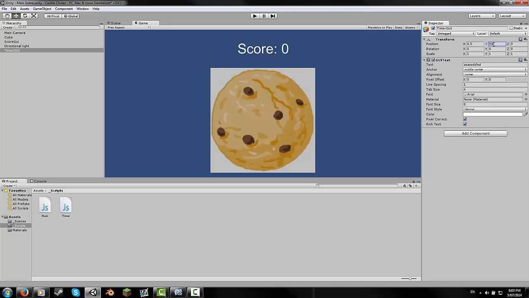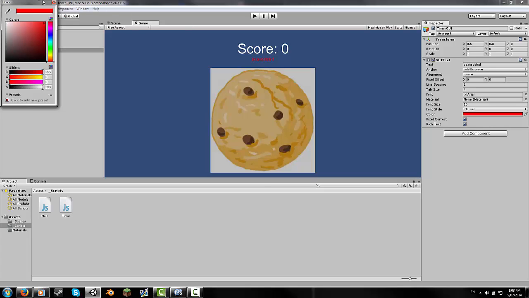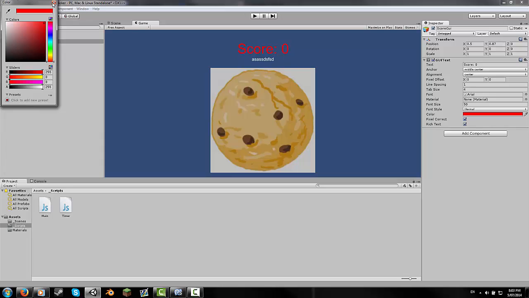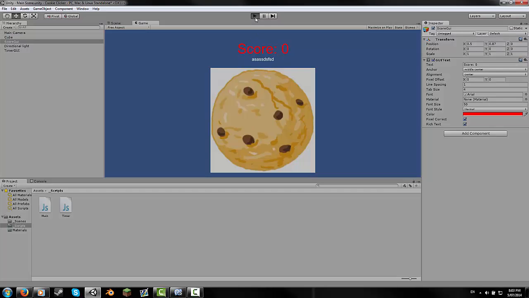We'll put it, I don't know, 50. Oh no, not that high. Put it up, maybe 0.8. Yeah, it's pretty good. So we want our font size to be 20. It's personally up to you guys. You can change the color here. Change mine to white. Change my score to red. This looks better. And then if you click play,